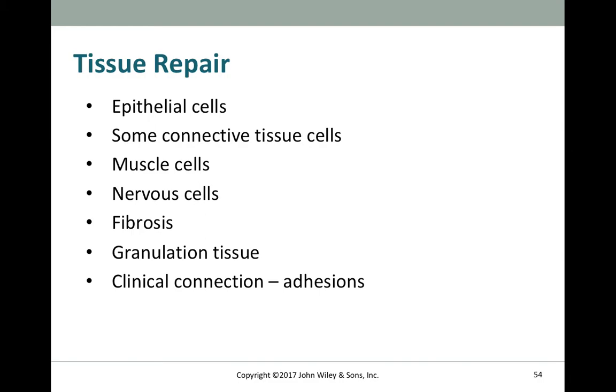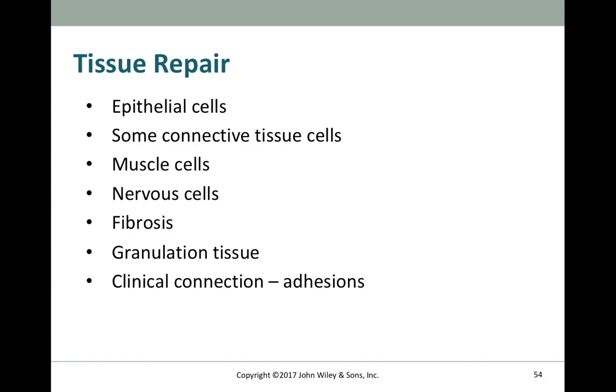So, now we've talked about the 4 different types of tissues. How are these tissues going to repair themselves if they're ever damaged or if they make it out of their homeostatic, relatively stable norms? Well, this tissue repair can replace anything that makes it out of the homeostatic process, or it can also just replace worn out, damaged, and